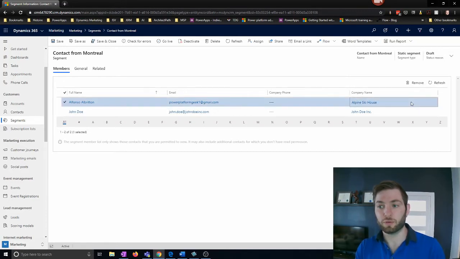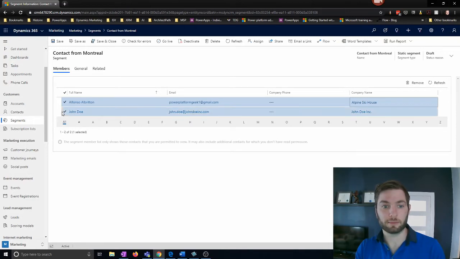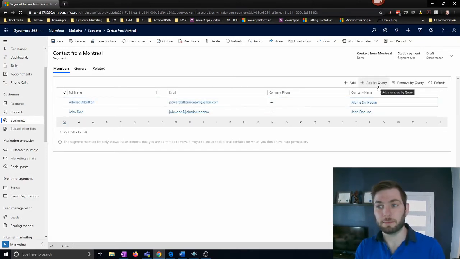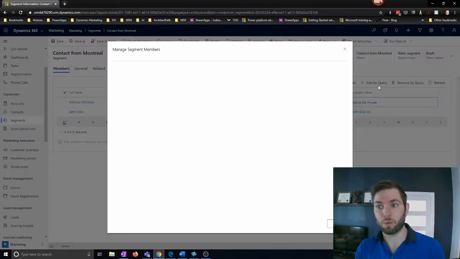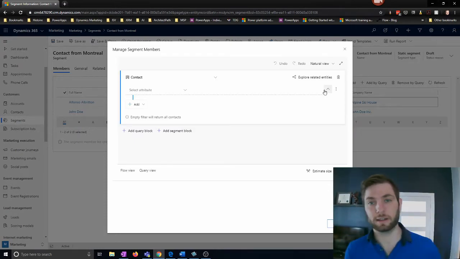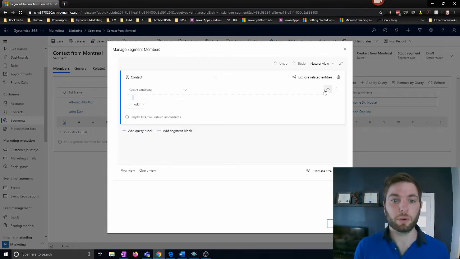If I want to remove one, I just click on the line and I click on remove. I can select multiple lines, so it's pretty easy to use. The second one is by query, and I will not cover it here because I will use this kind of query in the dynamic segment, but quickly it lets you create a query based on the attributes from the contact